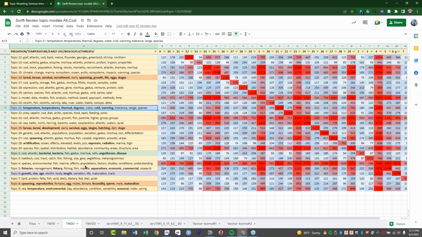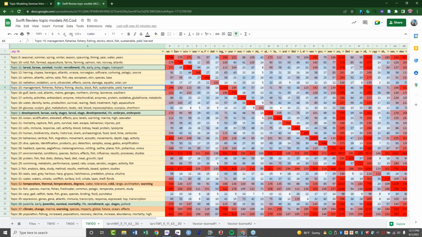So I'm going to break this out even further, and we're going to take a look at what it looks like when we break this corpus of 7,000 articles into 100. Again, I've color-coded these so it's a little easier to see. And again, we'll jump into Swift Review here in a bit. But the green is going to be, again, those early stages, larvae, larval, recruitment. We have early stages,